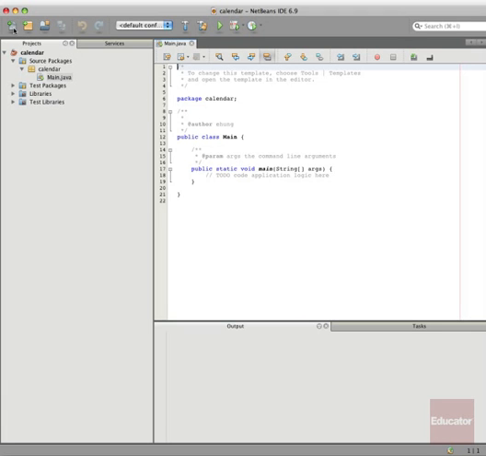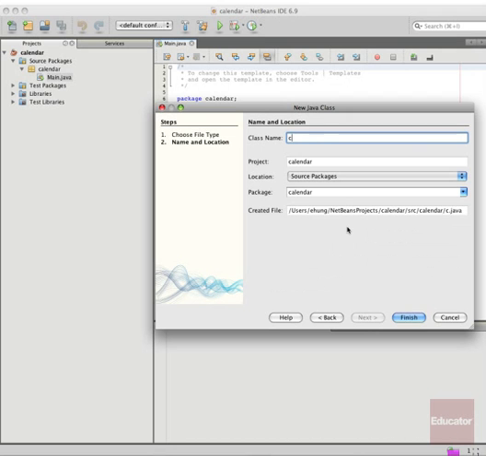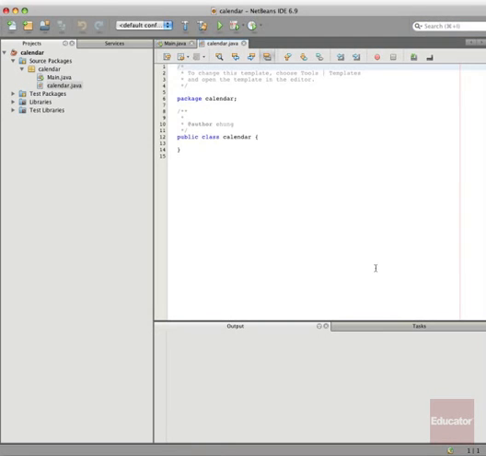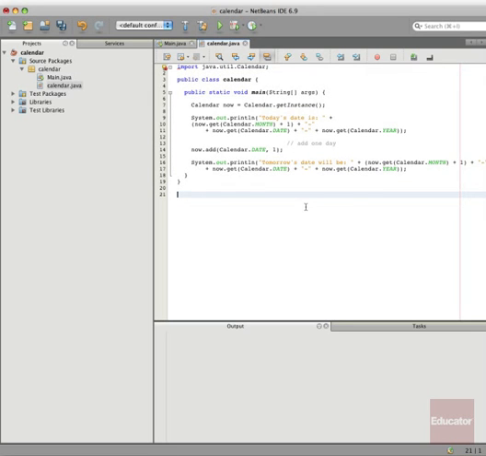Now we're going to create our source file within this project in NetBeans. So we say new file. We say that we want to create a Java class. We're going to call this class calendar. It creates the new .java file. Here I'm going to select all and delete the information there because we're going to paste it in from our original source file that we had in our text editor. I'm going to do a paste, Command V. All right, it pastes the same text in there, and now we're ready to compile it.